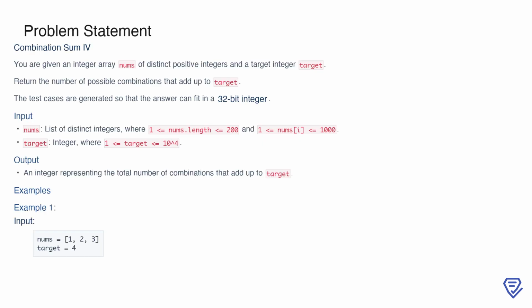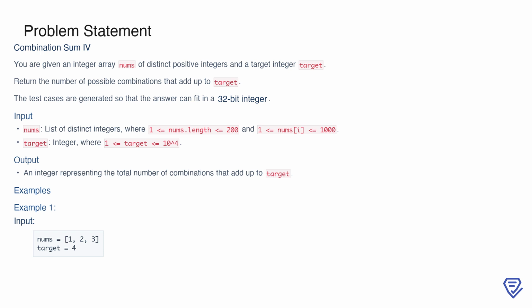In this problem, you are given an array of distinct positive integers called nums, and a target integer called target. The task is to calculate the total number of possible combinations of elements from the nums array that add up to exactly the value of target. The order of the numbers in each combination matters, which means that combinations like 1, 2, and 2, 1 are counted as two separate results. It's also important to note that the result will always fit within a 32-bit integer, so you won't have to